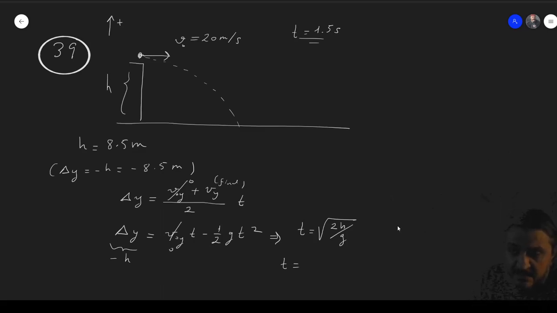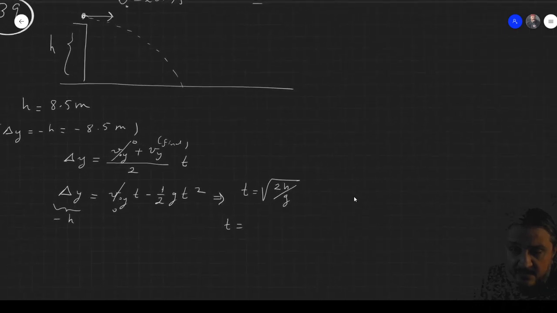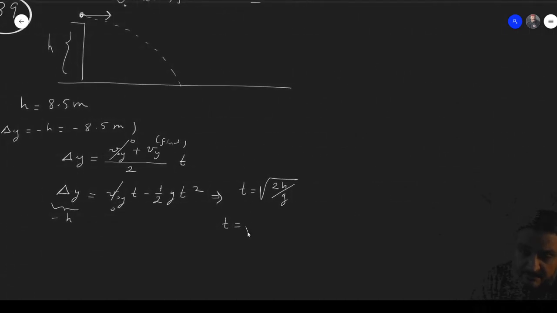This is the time when it will hit the floor. 2 times 8.5 is 17. 17 divided by 9.8, and take the square root of that. 1.31